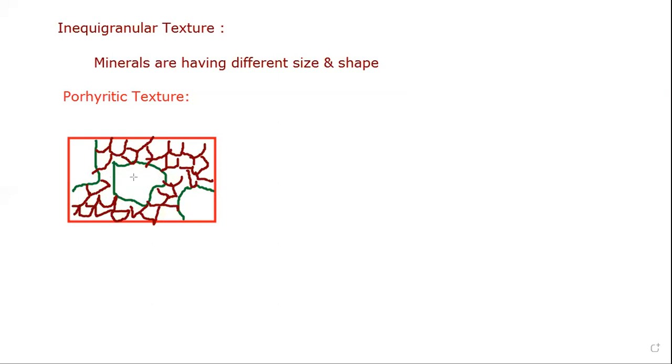Now these large minerals, having very large shape and size, are considered as phenocrysts. Okay, and the small minerals which are present around that large crystal or phenocryst are considered as groundmass. Okay, so